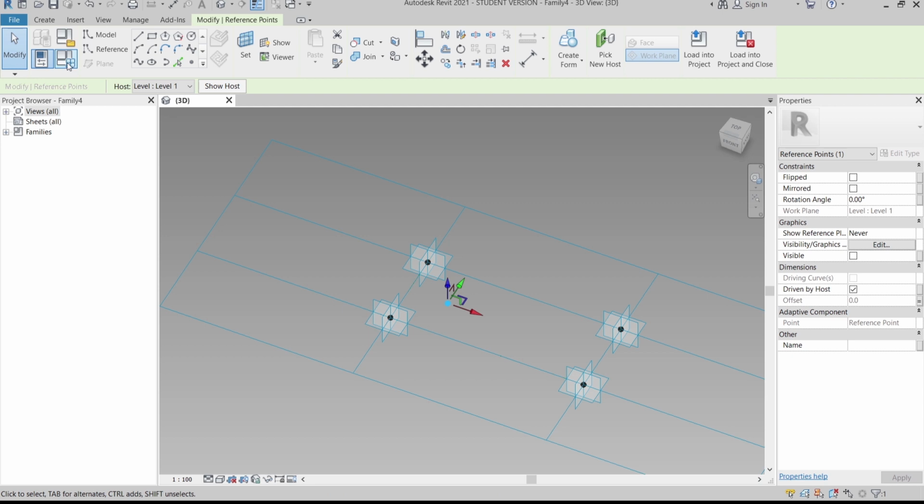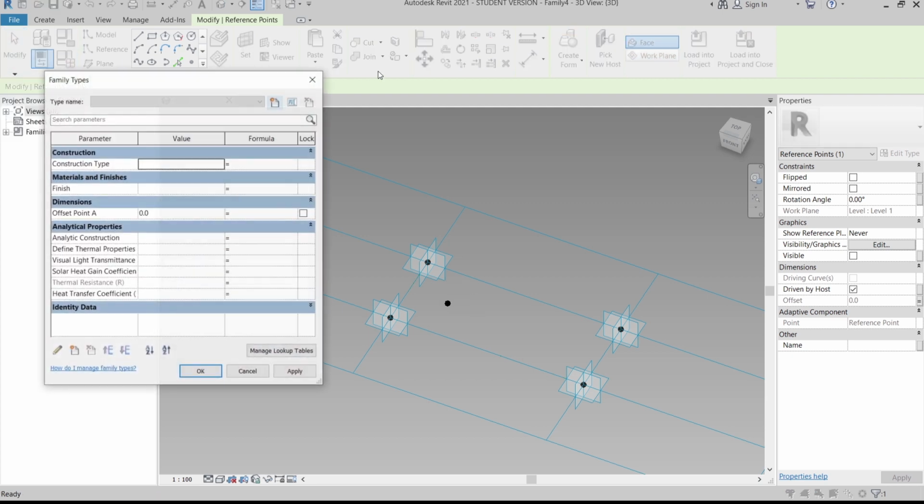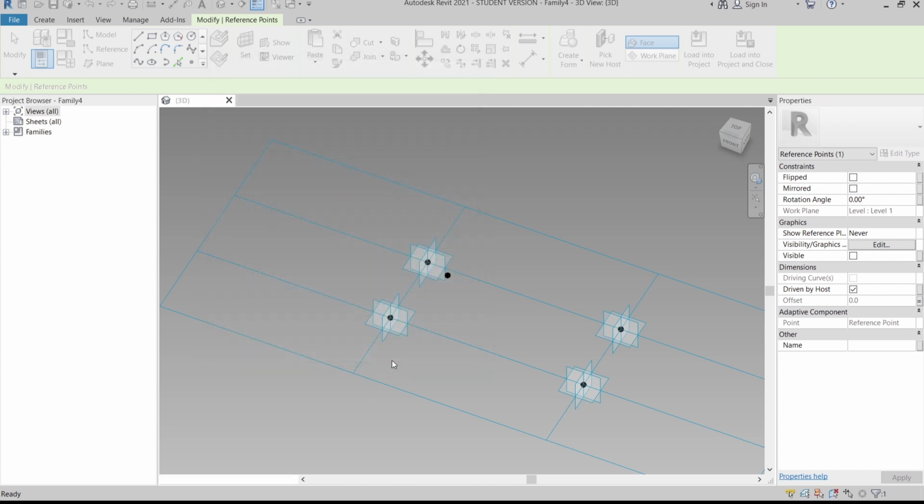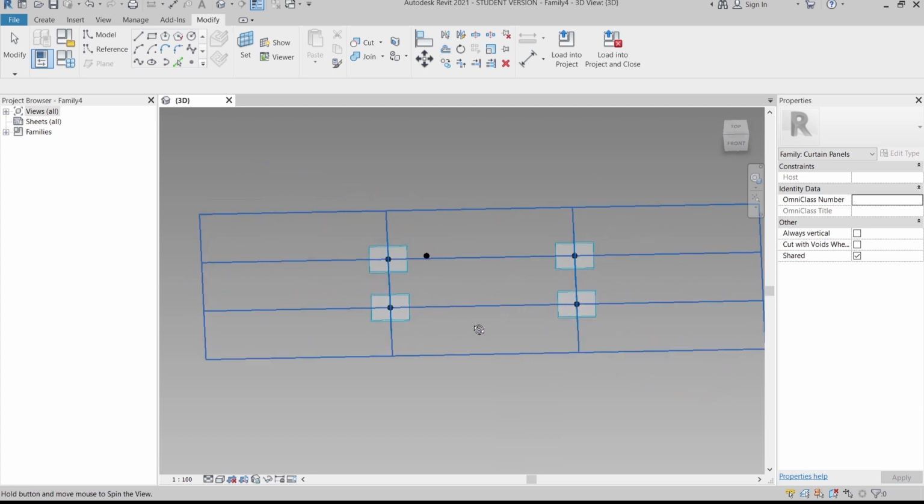I can go to my family types, and under Dimensions, as you can see, here is the new parameter that we created. I would like to offset it by 500 millimeters. It's applied, then we finish. As you can see, now we get our offset point.